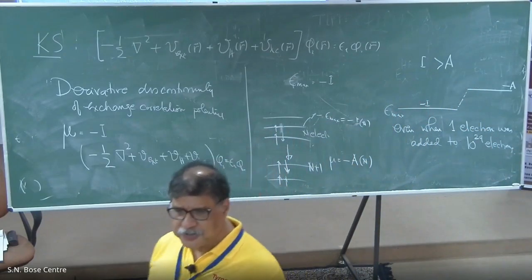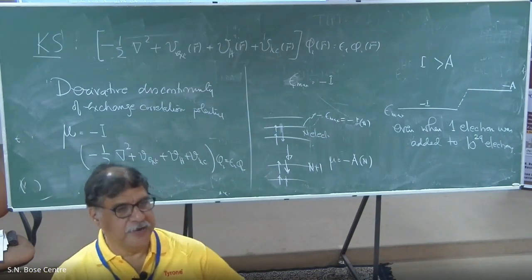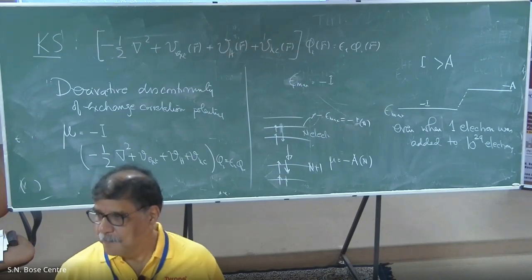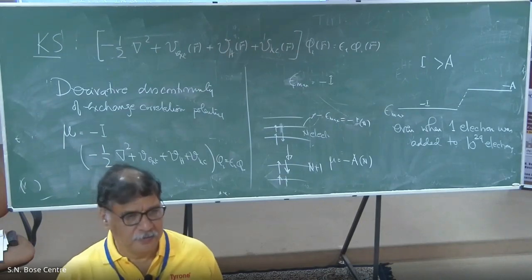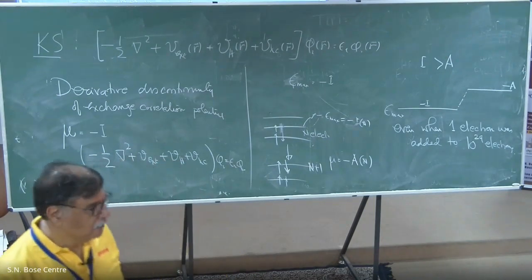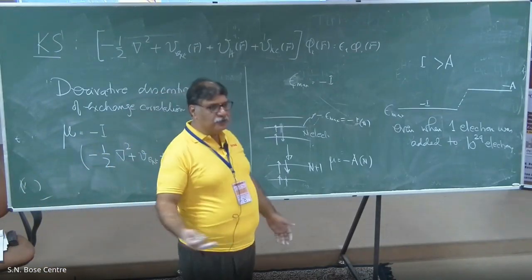Can the Hartree potential change by adding one more electron to 10 raised to 29 electrons? So does the Hartree potential change? No. All you've done is added 10 raised to minus 29. So if the Hartree potential doesn't change, and the external potential remains the same,